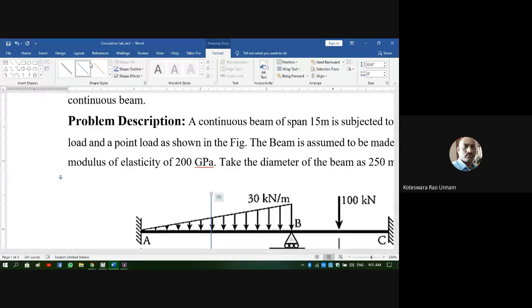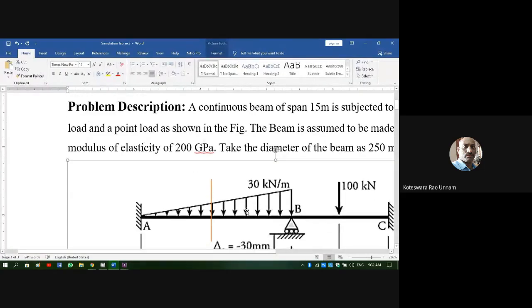Suppose I divide into one more element, let us say I take one more element here. Then the load is going to be different. So what I need to do is calculate the starting load and the ending load. What is the UVL at the starting of the element, that is the first node of the element, and what is the UVL at the end of the element. Like that I need to compute for each and every element. Then I need to apply all those loads for each and every element separately, because the load is not the same for all the elements.